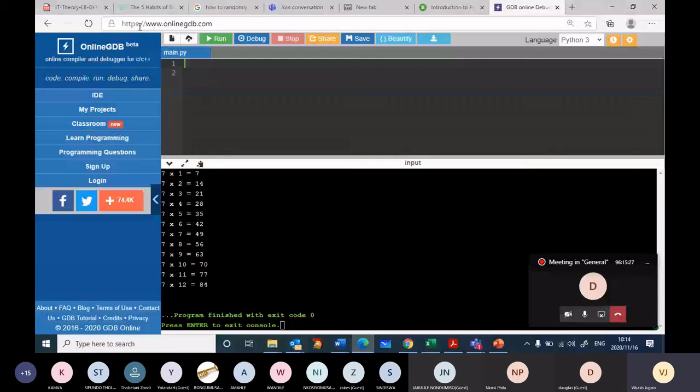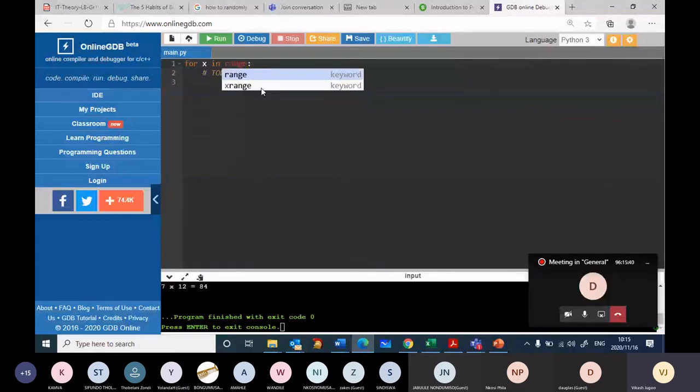For x in range 1, 6, that'll run 5 times. I need to input the number, so num equals input